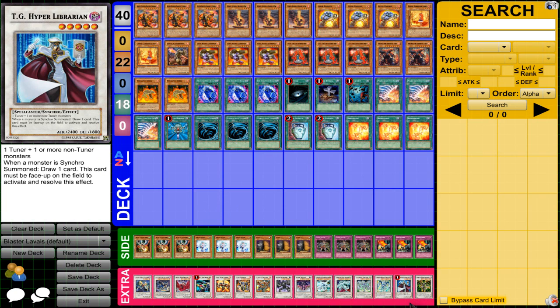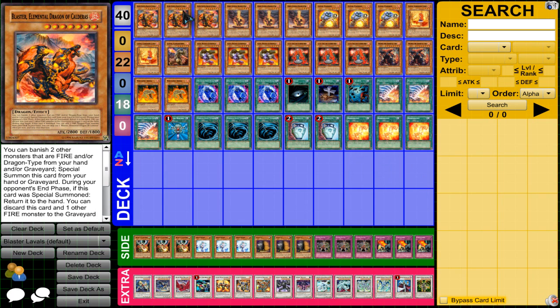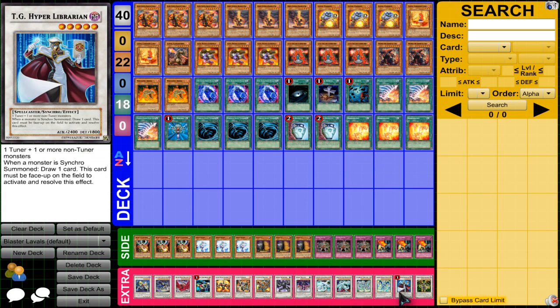When a monster is synchro summoned, draw 1 card. And oh my god, so many times I've forgotten that this includes my opponent's synchro monsters. Always remember that. So if they synchro, draw a card, you know? It's an extra +1 that you can't forget to draw, because this deck is the more cards the better, and there's so many cards in this deck that if you randomly out of the blue draw a DDR, that opens up so many more plays. Draw a Blast, or draw a Burn, or draw a Rekindling, that extra draw can decide the game for you,